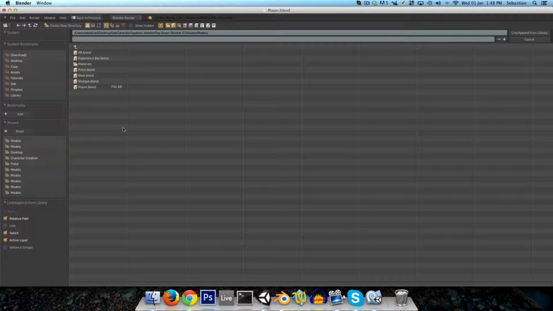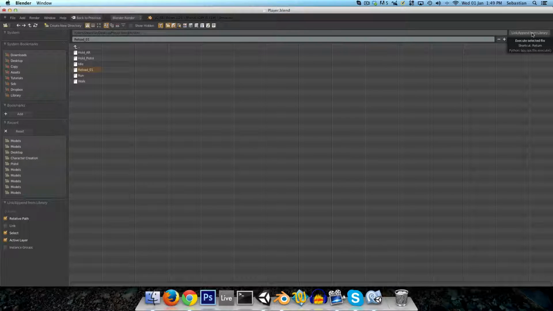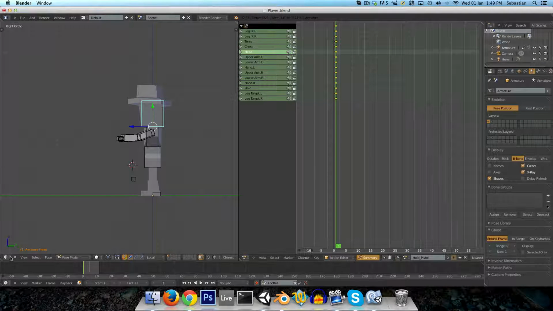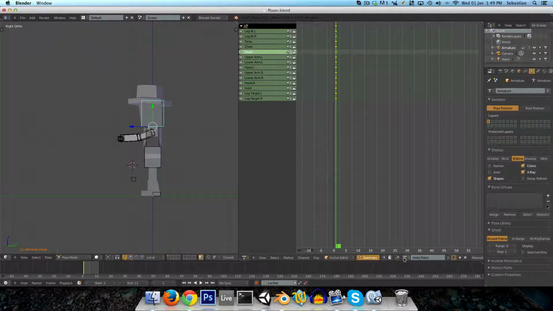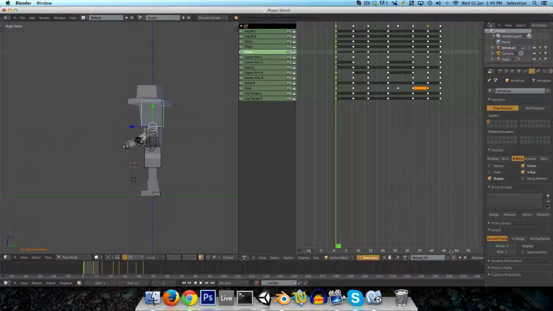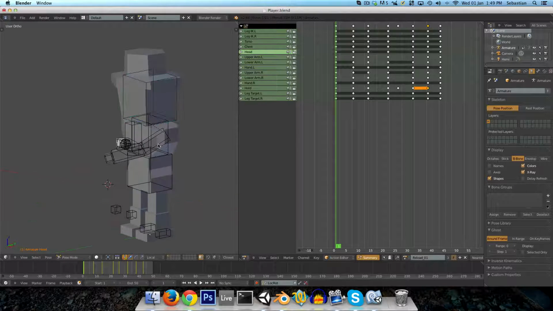and press Shift F1, and you just need to go to wherever you've saved the model you've just downloaded. You just click on it, find the action folder, and look for the animation called reload_01 and say link append from library. And now if you just change your view to a dope sheet, like this part of my screen is here, and just make sure you run the action editor, on the action editor, go into this list and find reload01, and you just want to press this F key,